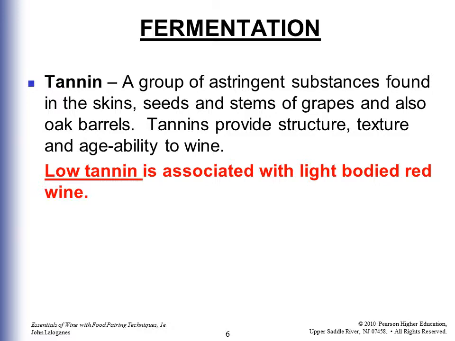Tannin is a group of astringent substances found in the skins, seeds, and stems of grapes, and also in oak barrels. Tannins provide